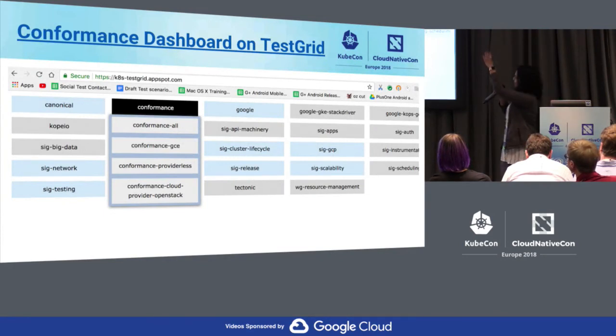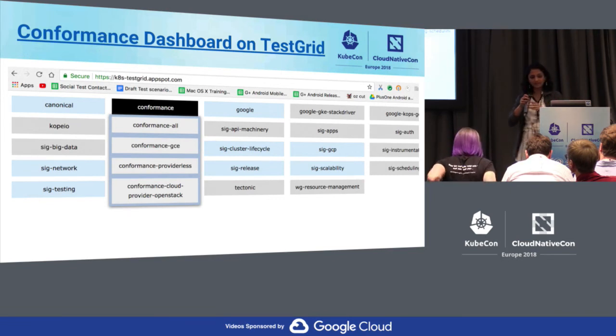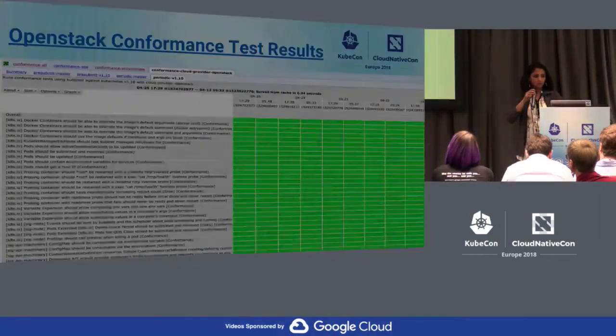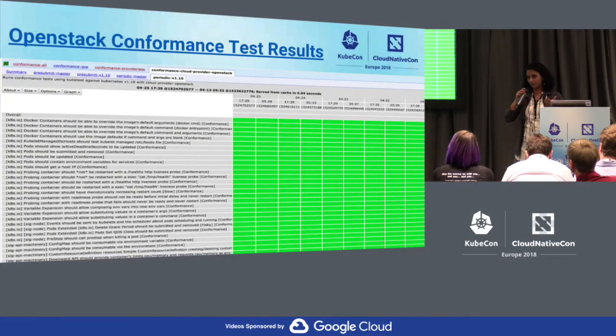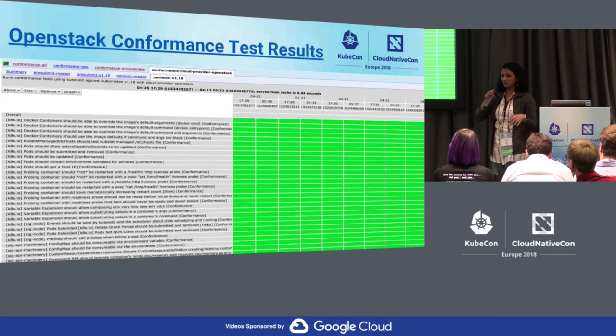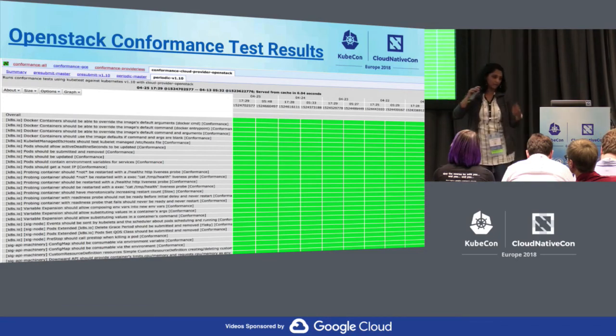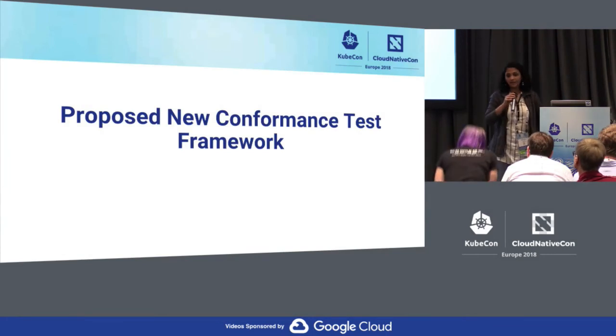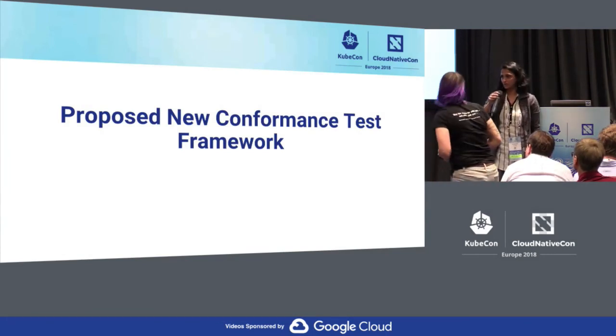So this is the current conformance dashboard. As you can see, we have other SIG end-to-end tests being published there as well. We have a specific tab for conformance, and we have all the conformance results under that. Currently we have OpenStack as one of the providers who has been contributing results to us on a regular basis. We have different versions of tests that we run for them, and we are able to monitor their conformance pretty closely. I'll hand it over to Christy for some new framework that she's